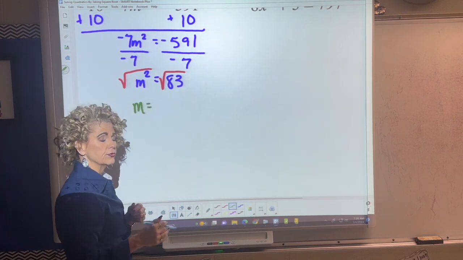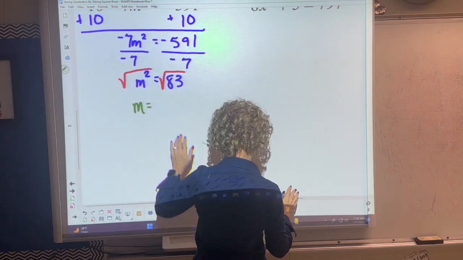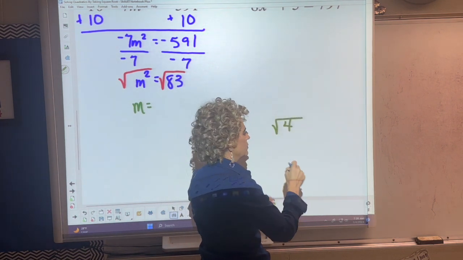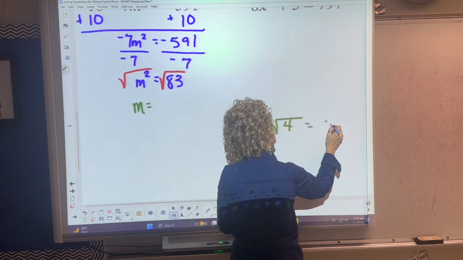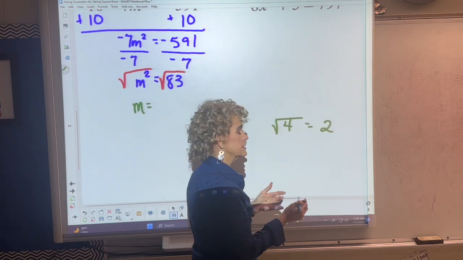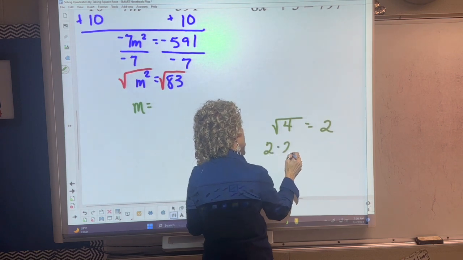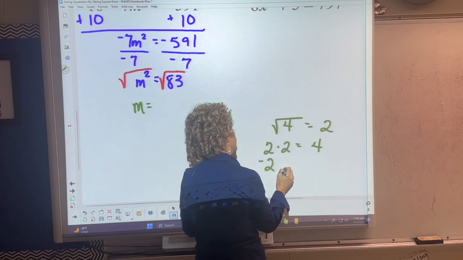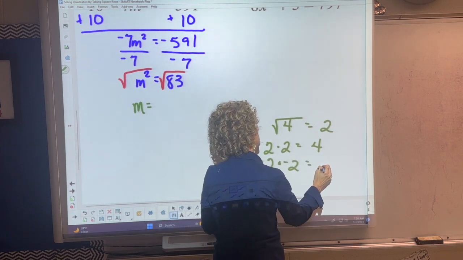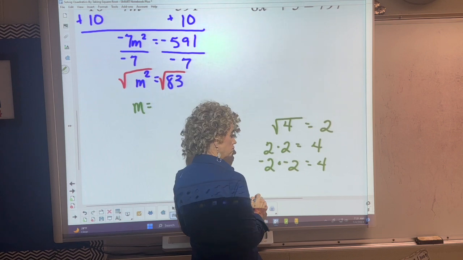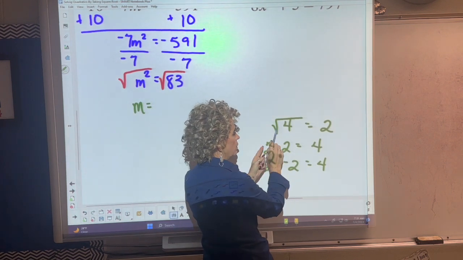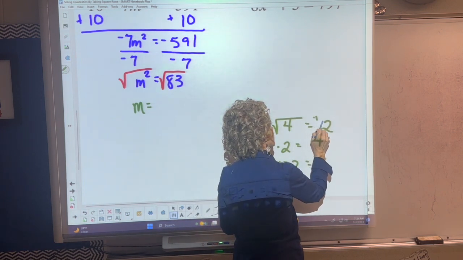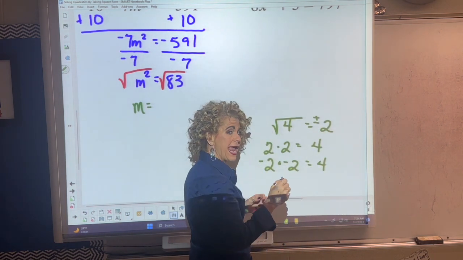Now, but a square root, let's stop and think about this. I'm going to leave this for a minute. I have the square root of 4. Most of you guys are going to tell me the square root of 4 is 2. And that is correct. 2 times 2 is 4. But isn't a negative 2 times a negative 2 also a positive 4? So technically the square root of 4, an even root, can be positive or negative, and we have to keep